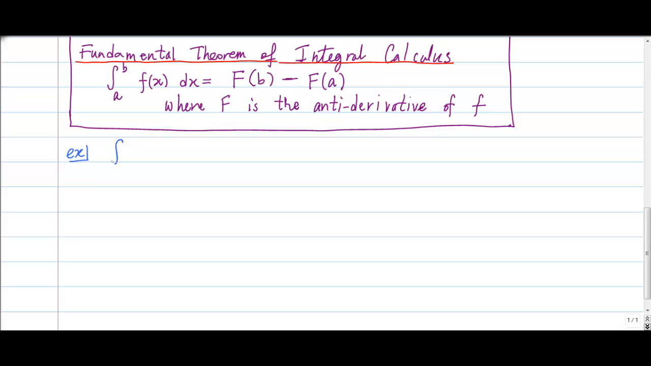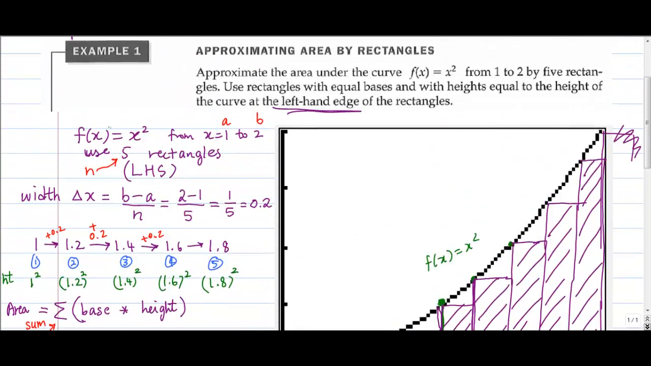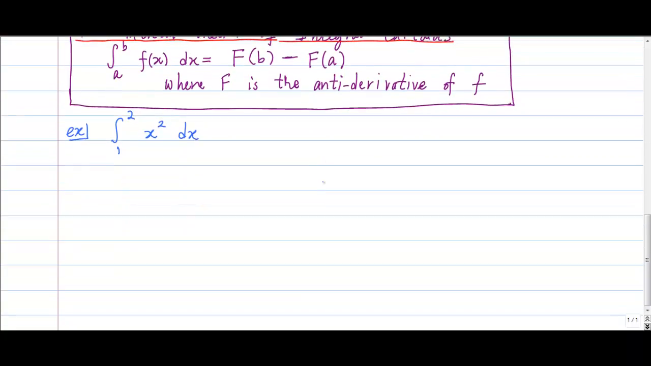So you'll see a problem like this: the integral from 1 to 2 of x squared dx. This is what we just did. We approximated the area using rectangles. Now let's calculate the actual area. So how do we take the integral of this? Remember, you add 1 and divide by the new exponent. That's what I'm going to do. Add 1, divide by the new exponent, gives me,